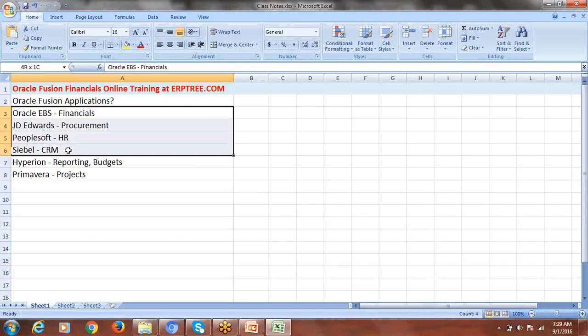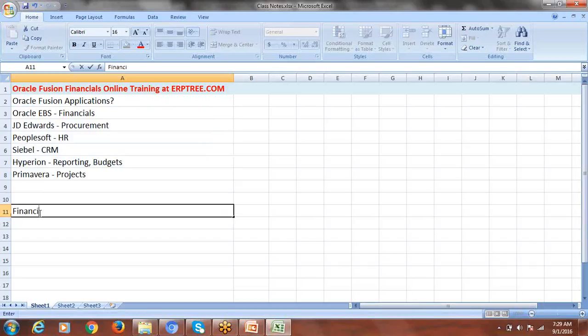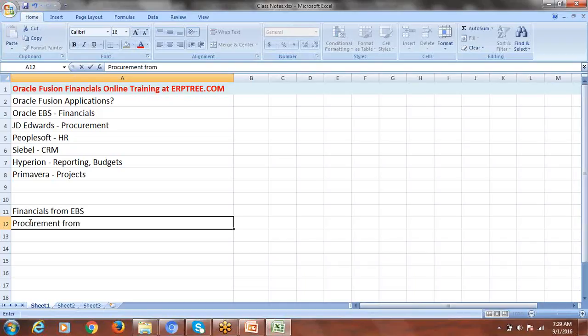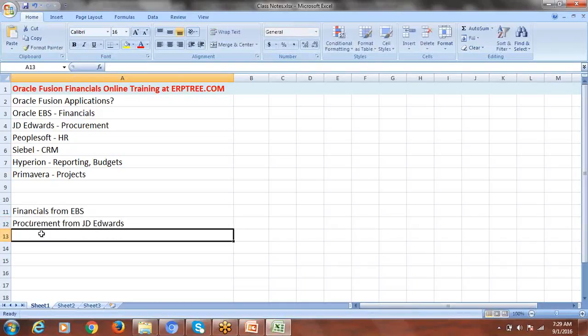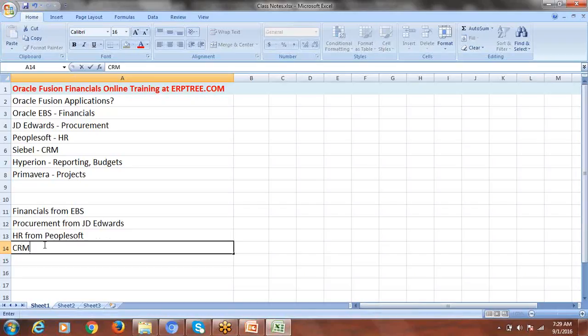After the acquisition, from Oracle EBS they took financials, and procurement they took from JD Edwards, and the HR solution they took from PeopleSoft. In the same way, CRM solutions they took from Siebel,